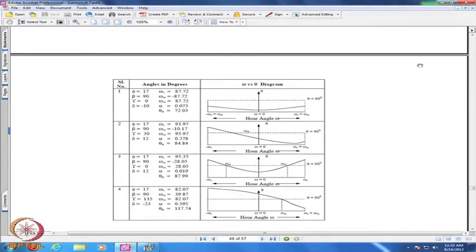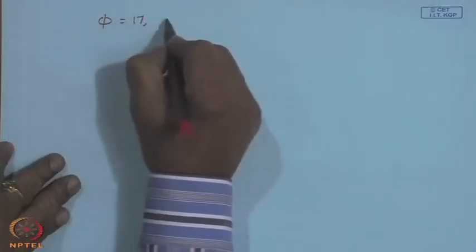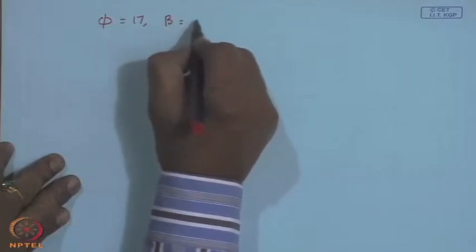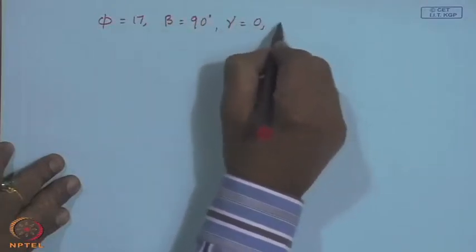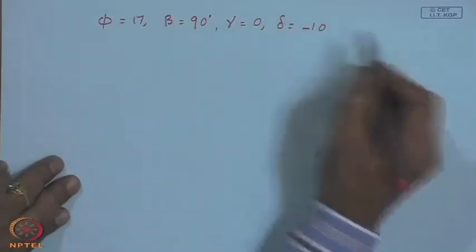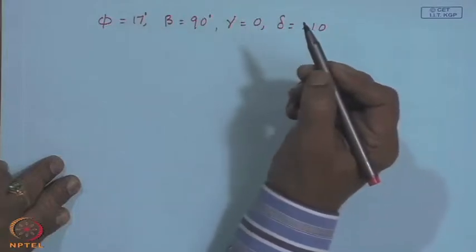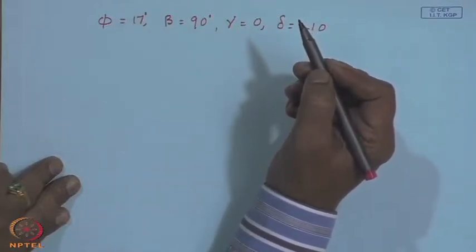First one is quite normal. So, latitude 17 degrees, slope 90 degrees, azimuthal angle 0, delta minus 10, with